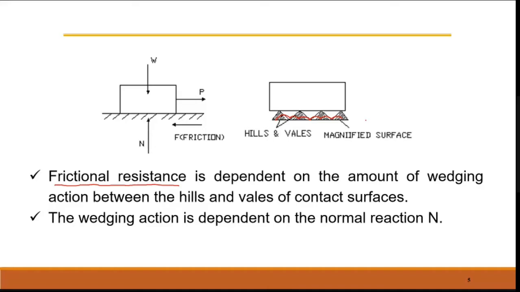So this is identified by a factor, a term. What is the name we call that? We call that the coefficient of friction. We use the symbol mu. This mu is also called tan phi. What is this phi? Can you tell? Phi is the friction angle, sir. Yeah, phi is the friction angle.